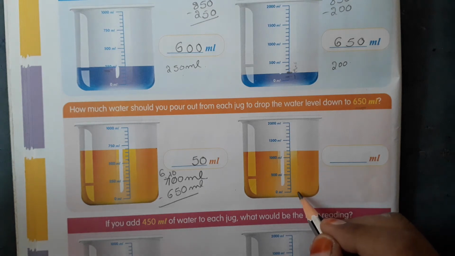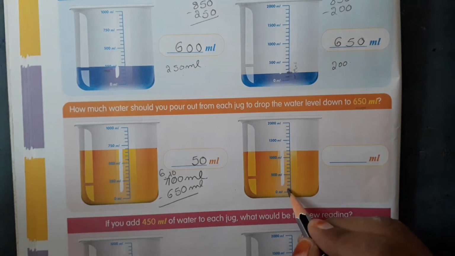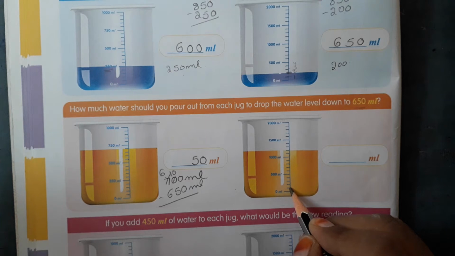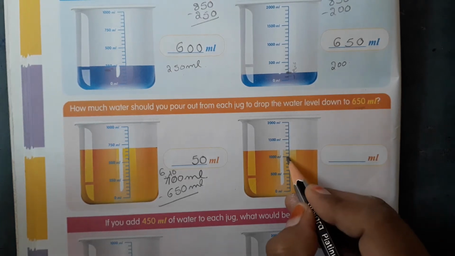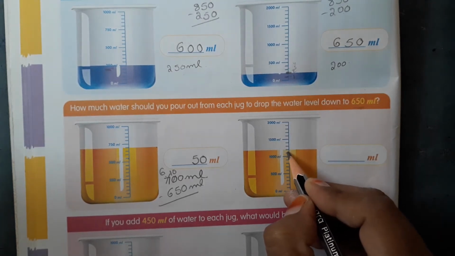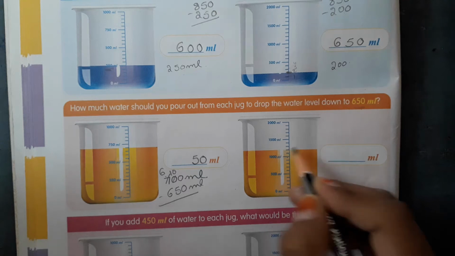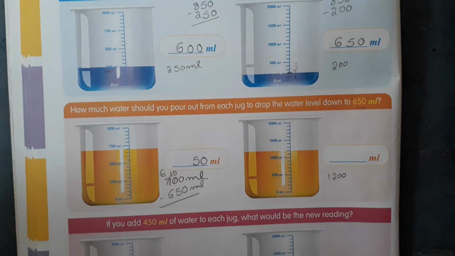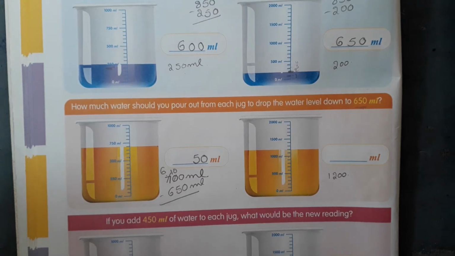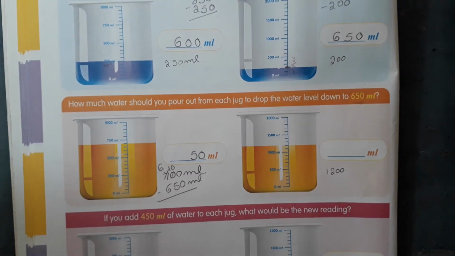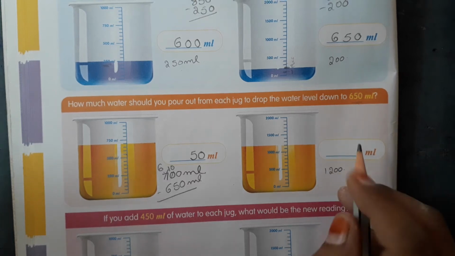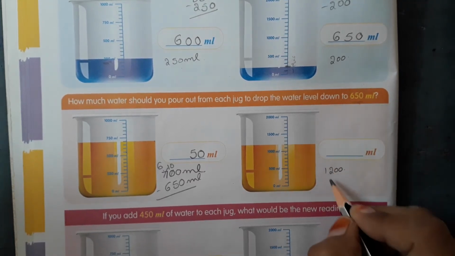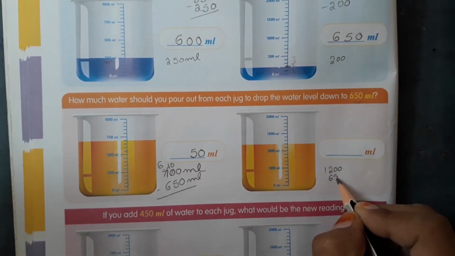Next one. Here each smaller line indicates 100 ml. So here 1000, after that 1100, 1200 ml is filled. 1200 ml of water is filled in the jar. So how much water should you pour out from this jar? If you subtract 650 from 1200,